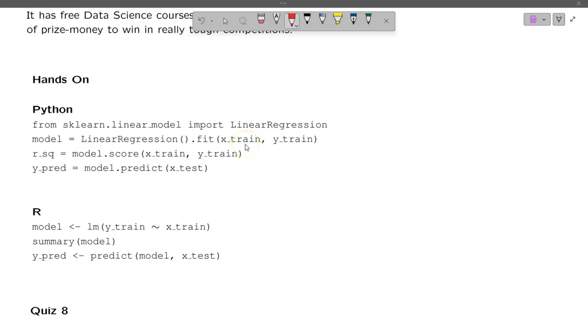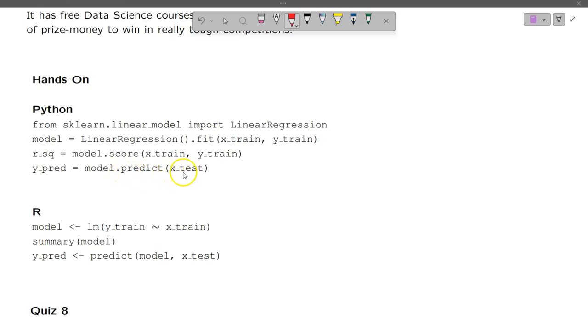In the first set you give the explanatory variates x1, x2, ..., xn, and in ytrain you give the target variable y. Then one can calculate R squared with model.score given xtrain and ytrain, and